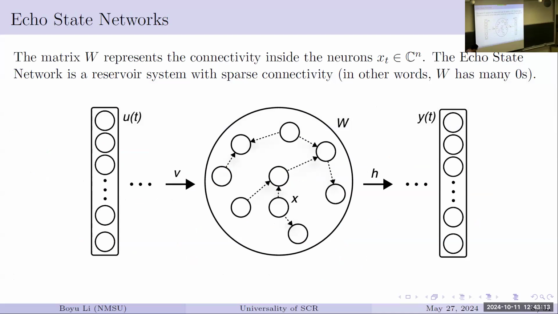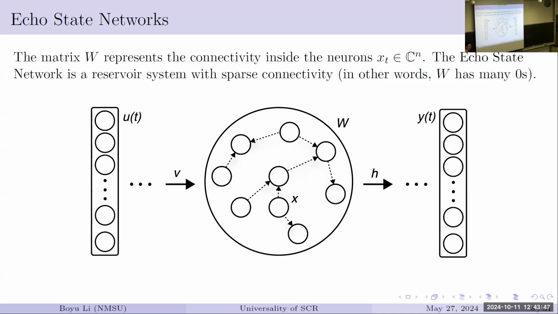So if you remember, this matrix W is basically the transformation of the state. You have a bunch of X. Your X is basically an n-dimensional vector, in high dimension. In this picture, I'm just graphing what happens at time t. So you have your input, say m dimension, and you transfer it into n dimension, and you previously have X, which is also n dimension, and it is basically a bunch of numbers.